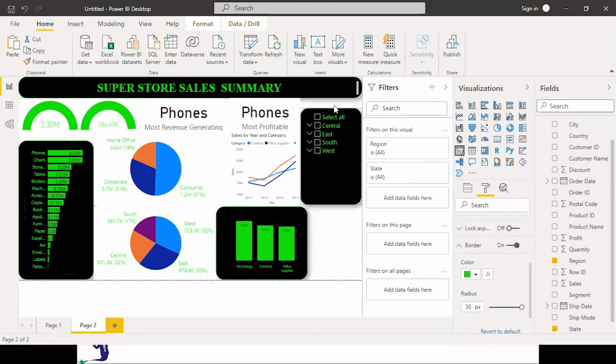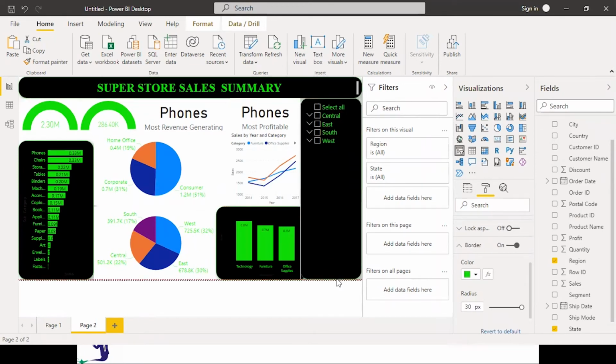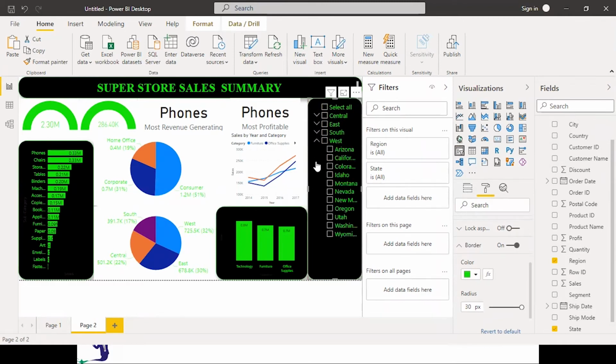And let's increase the size of this. This is okay. And here you are getting the state-wise detail also.